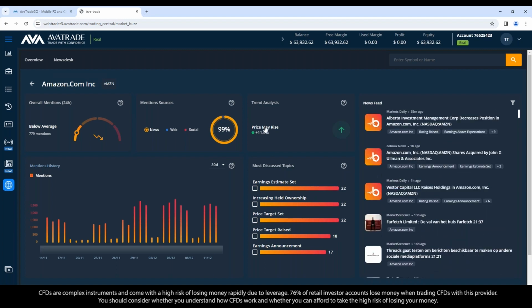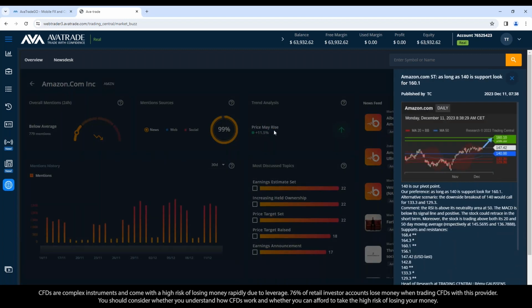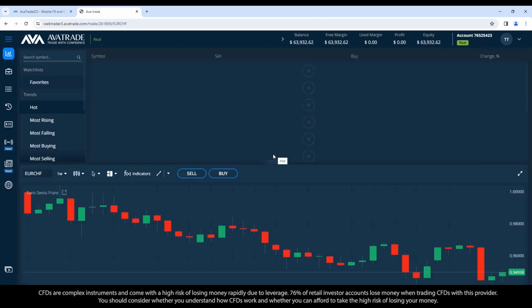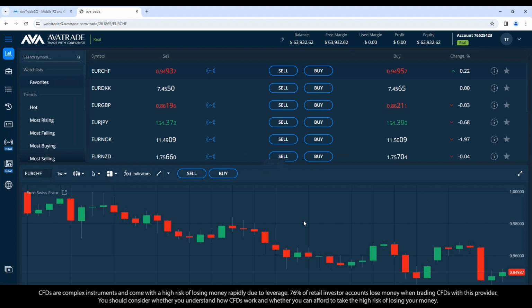Okay. Also, you have a technical breakdown. The analysts think the price might go up 11.5%. That's good to know. You can click on it and get the trend analysis. It shows you the support and resistance levels. It shows you where you might take profit. It tells you which indicators are being looked at to help determine the technical analysis. So you've got a plethora of information here, not just fundamental news, but also technical signals and a breakdown of the technical analysis as well, to kind of put together not just one tool, but several tools to create trading strategies.